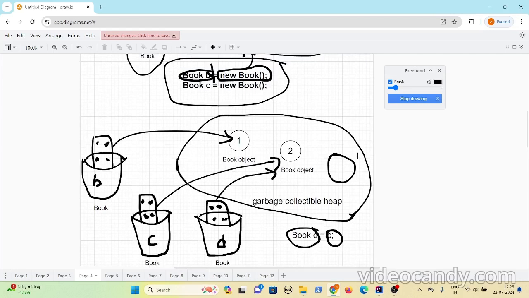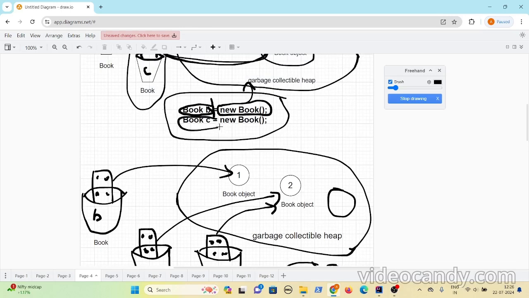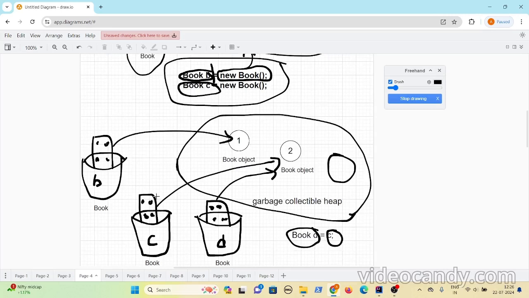a new object does not get created on the heap. What actually happens is, see this C variable does not hold the object actually, it holds a reference to access the book. So this reference, whatever C has, gets copied to D. This reference also will have some bytes, some 0, 0, 1, 0. Since C is not holding objects, C is holding only a reference to this second book. So it will copy the reference, or the remote control, that is present in C to D.